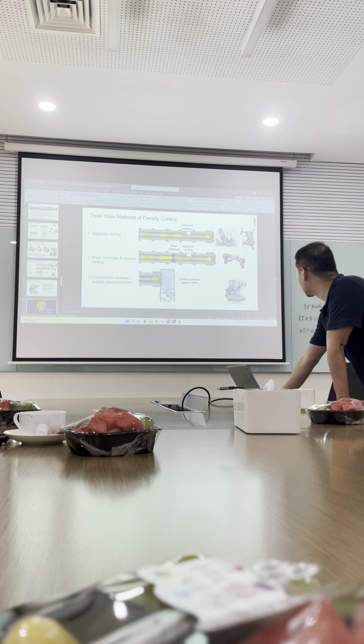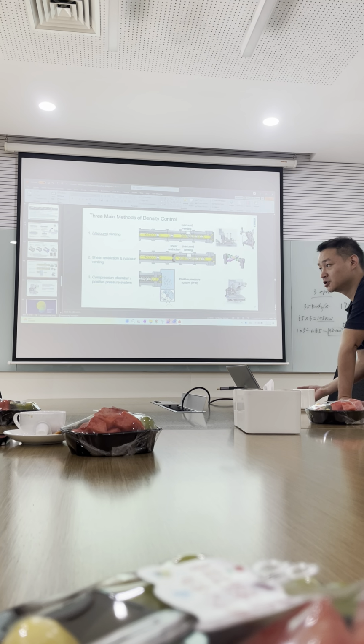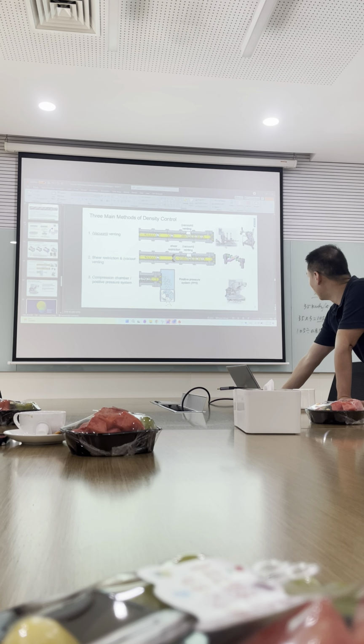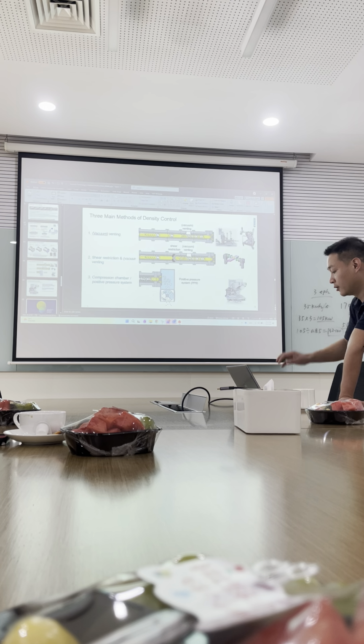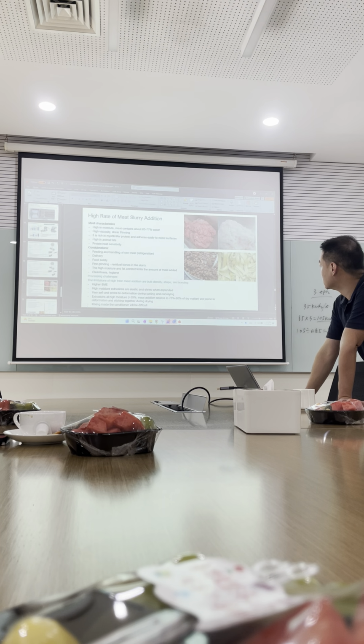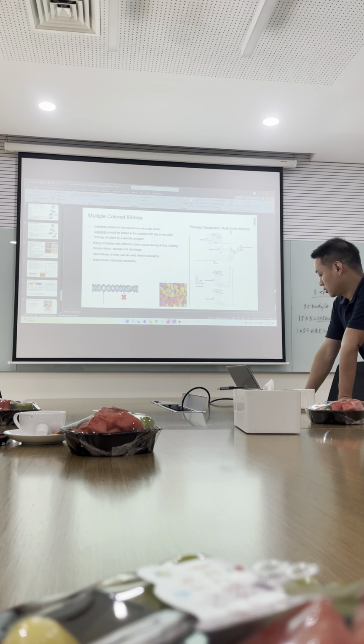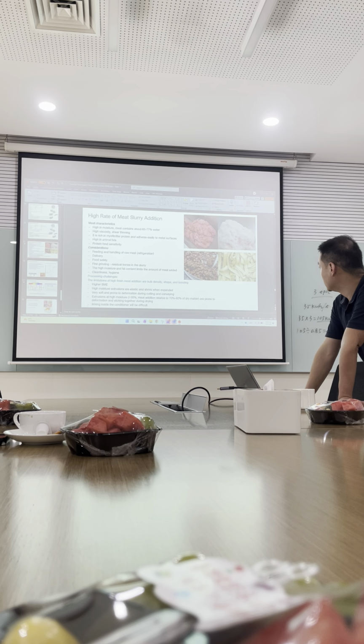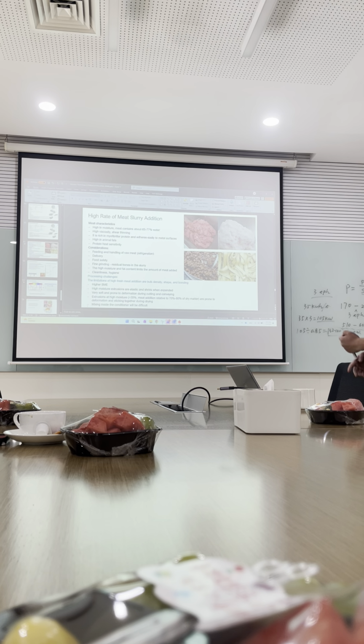The driving force: we input steam to increase the thermal energy, to increase the driving force. When we do the venting, even sometimes we do the vacuum to suck the steam outside of the extruder chamber, to reduce the thermal energy, to control the bulk density. And here, I think for this meat slurry addition,